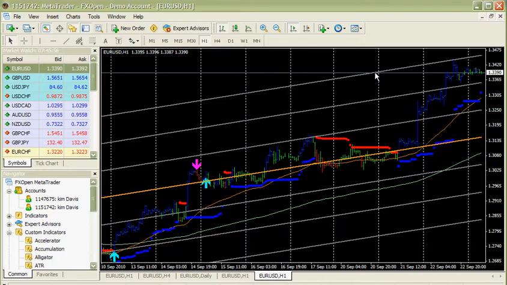And the gray levels here basically show you the boundaries of the channel that the pair is going through. The logic that we have in here is we buy at the bottom part of the channel, and we look for a sell signal at the top part of the channel. If we are in a buy mode,